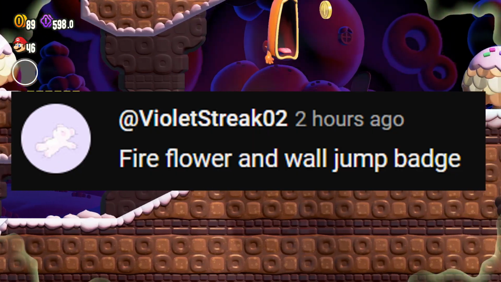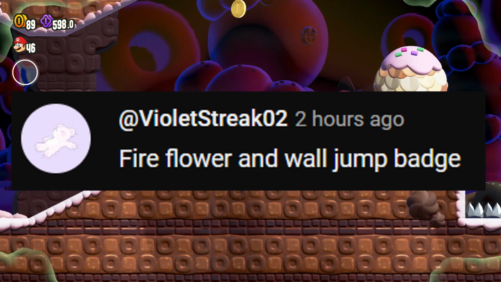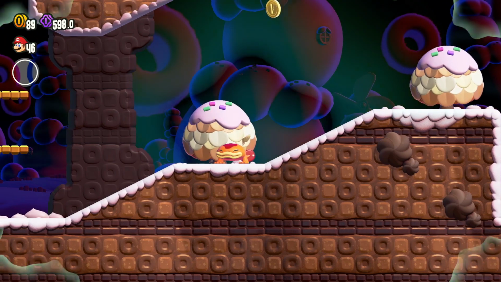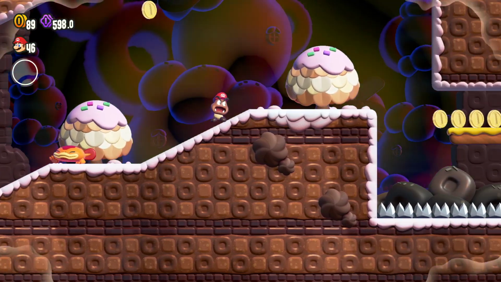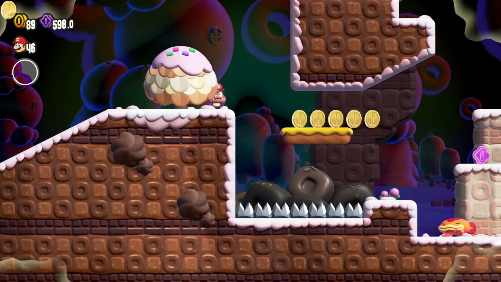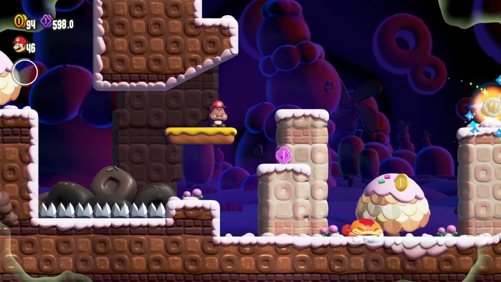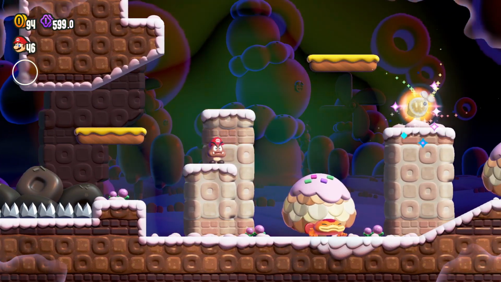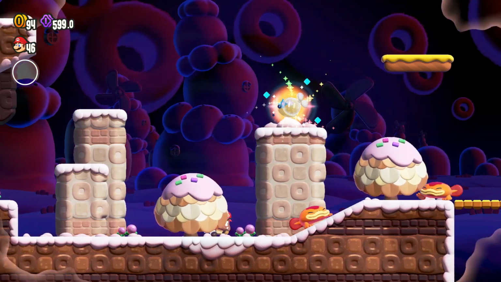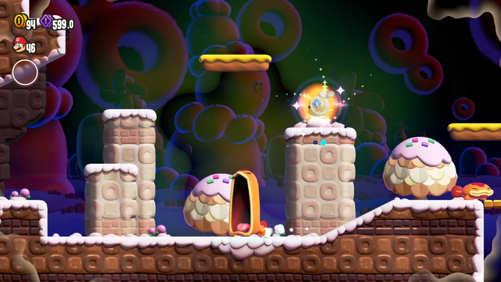So Violet Streak 02 said, the Fire Flower and Wall Jump badge. Yeah, the Fire Flower, even though it is a returning power-up, it still was implemented pretty well. And honestly, I feel like it actually feels a little more fluid and better to use than it was in previous games. With the whole flow of the game's controls, I feel like it just naturally improves all the other aspects that were in the previous games, and the Fire Flower is